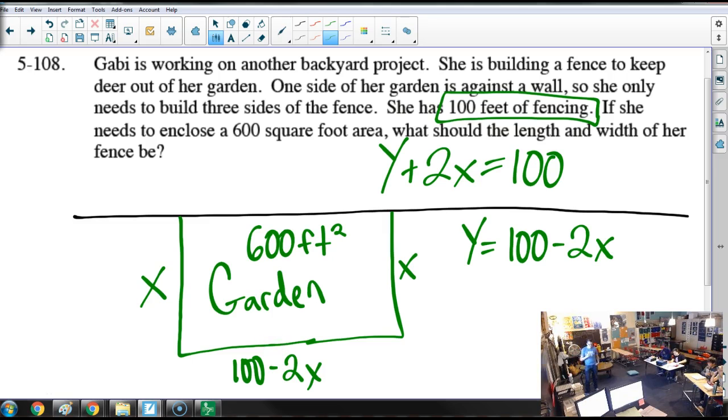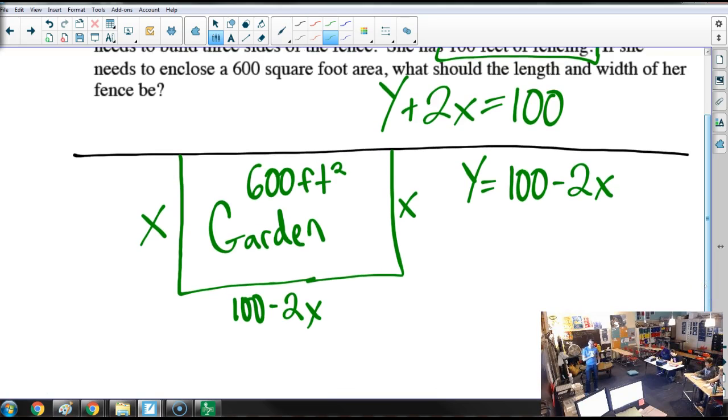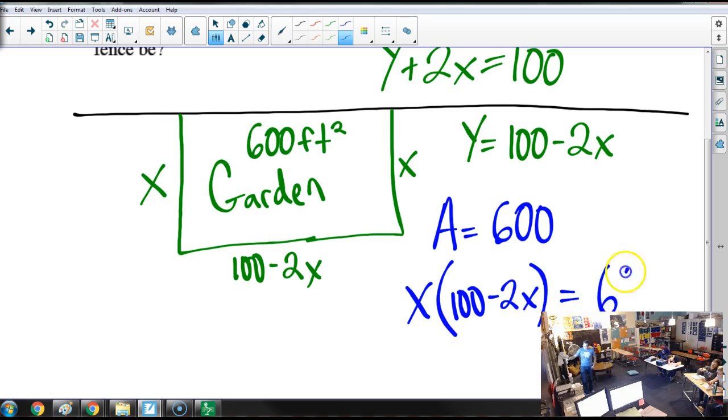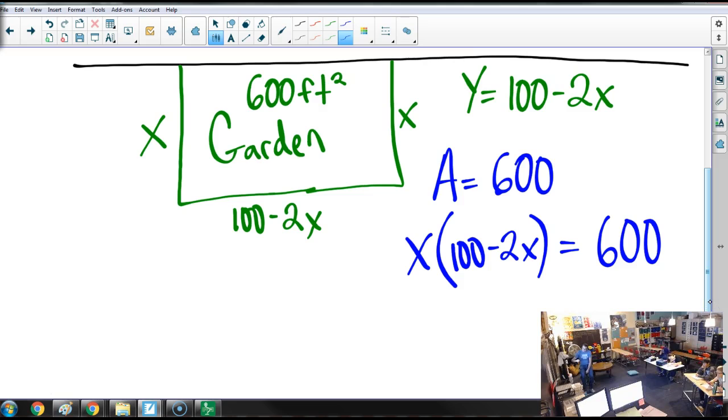Oh, I see what's going on. So then our area, which we know is 600 square feet. It's easier when you just do the math. x times 100 minus 2x equals 600. Area. Length times width. Length times width. 100x